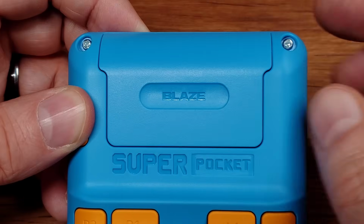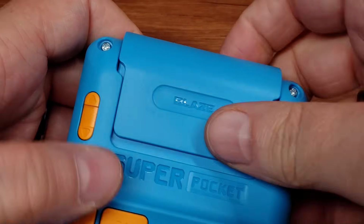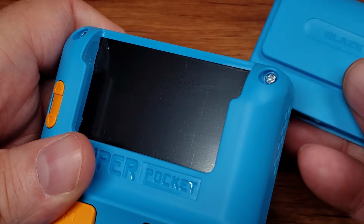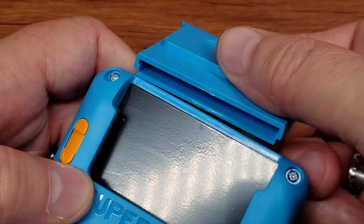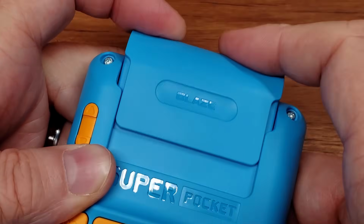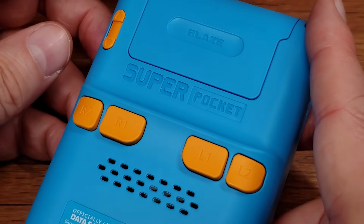So if you missed it so far, I just want to reiterate, this isn't just the games included. This also is compatible with Evercade cartridges. So you can take another cartridge, throw it right in there, and play all the games that are available on any Evercade platform. This is just, again, a blank, a slug in the color of the body of this guy, which, by the way, is shaded in this kind of blue and gold,